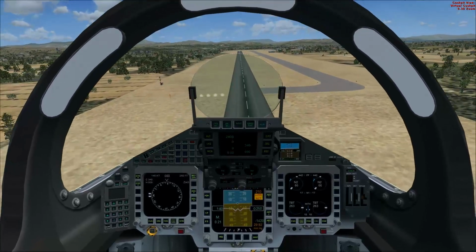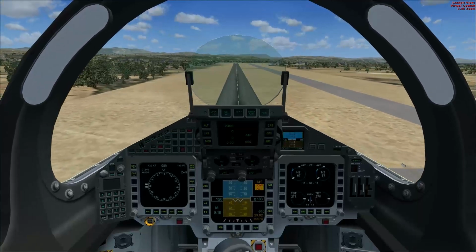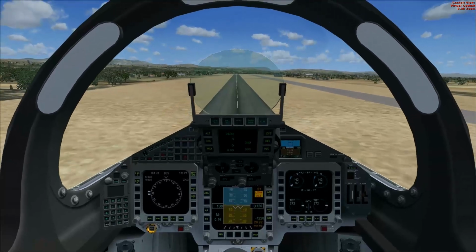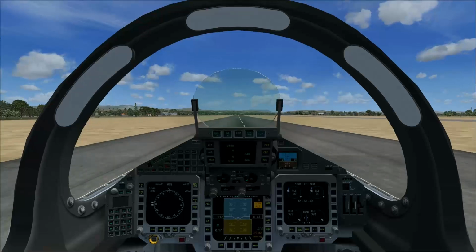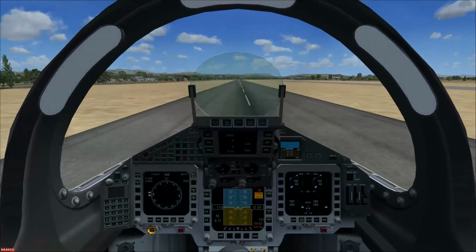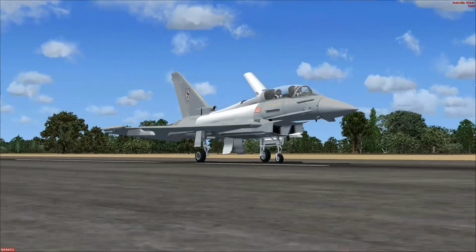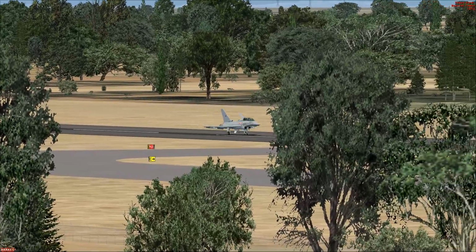Alright, brakes on. See if we can float down. 150. We're well down the runway from where I wanted to be, but... oh! Brakes, brakes, brakes, brakes. It's just a little bit of a hop. Don't mind us. And there's, of course...